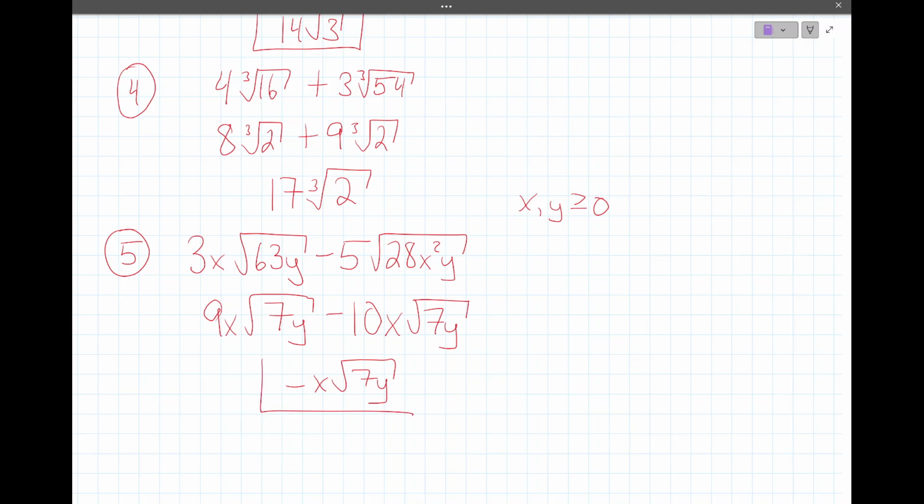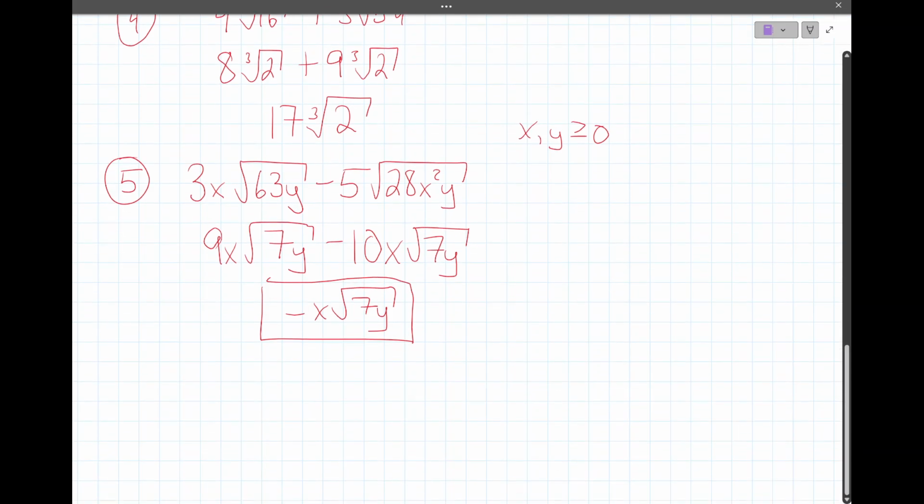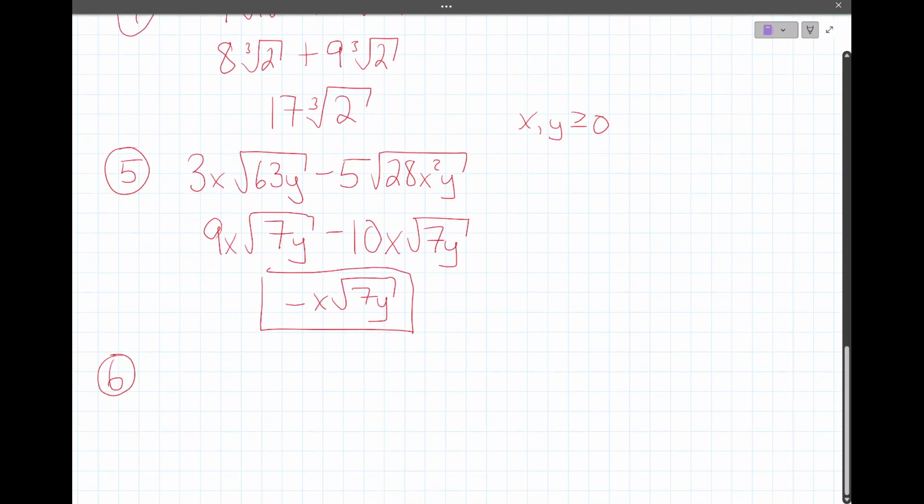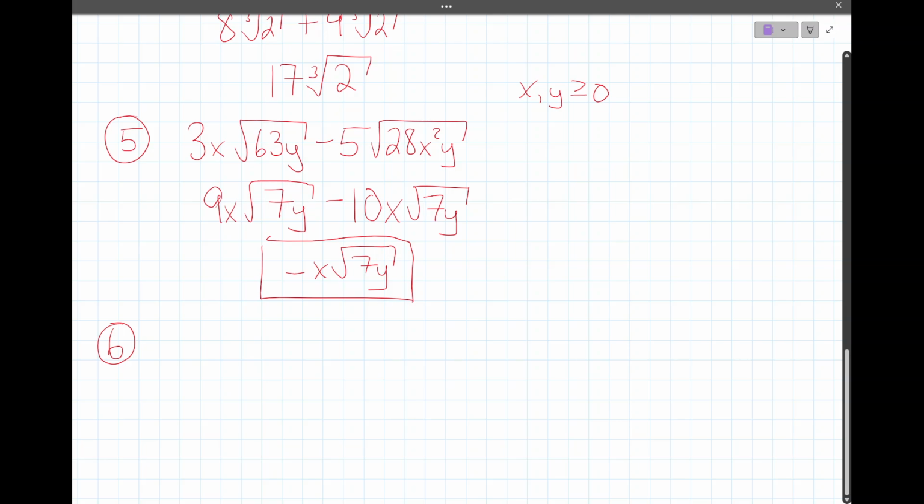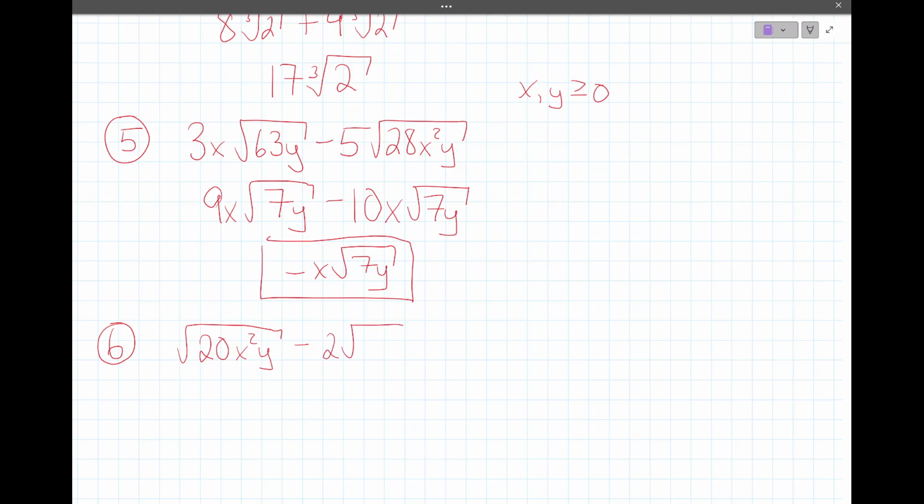Look at that simplification. Looking at the original statement, 3x root 63y minus 5 root 28x squared y, you'd be like, there's no way that we can get this to play nice with us. But we did. We forced it. We made it play nice by using our radical rules. And now we're like, oh, this is why we want to do those radical rules. We're going to get some interesting things and we can make some nice things happen if we do the radical rules nicely. So this is going to be 20x squared y minus 2